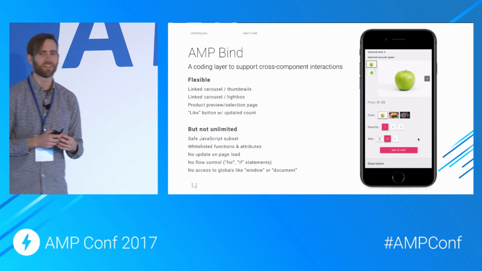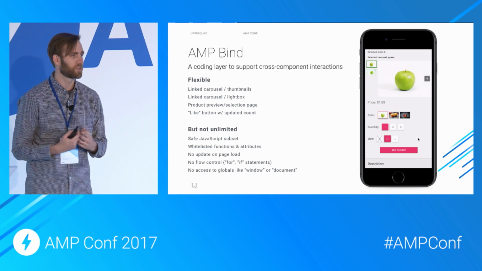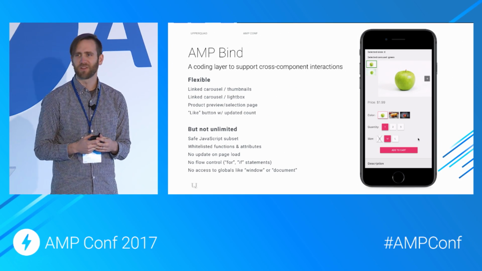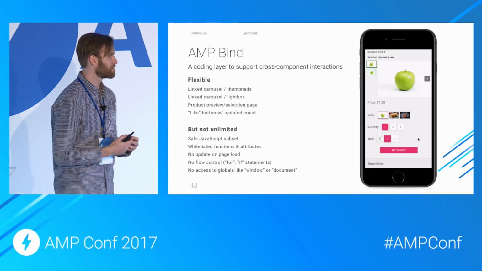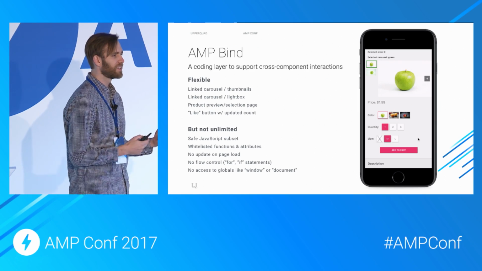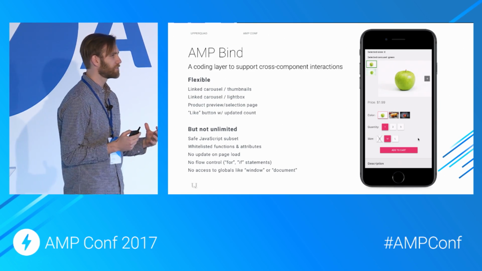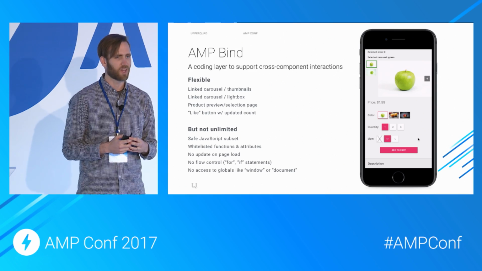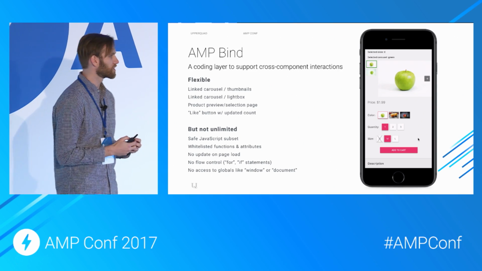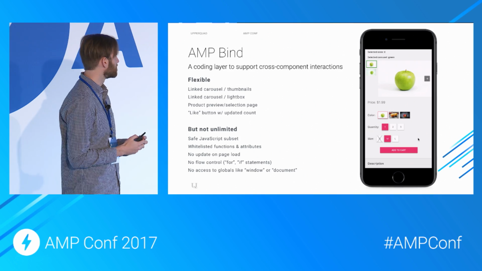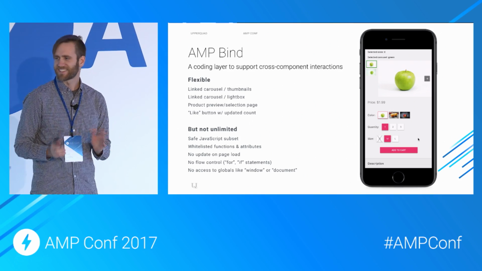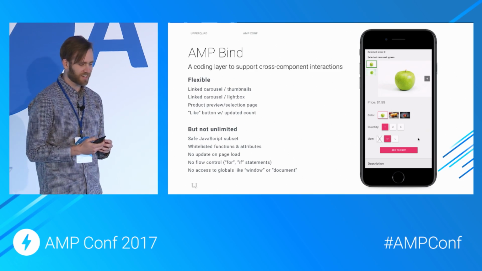The first is AMP bind. And I'm super, super excited about this. This is something we've been working on for a while. If you've been looking at the repo, if you've been looking at some of the stuff we've been talking about, you might know about this already. It's essentially a layer in AMP, a coding layer that enables more rich interactivity. And you're going to hear a lot more about this from Will, the developer who worked on this, later today in his talk. I think it's called Turing Complete AMP Pages. So hopefully that's exciting. I definitely recommend you check it out.